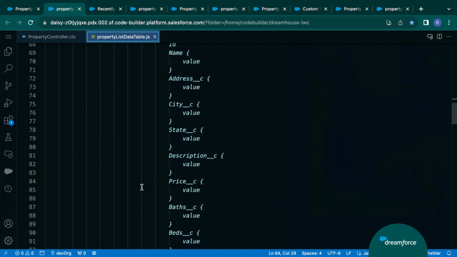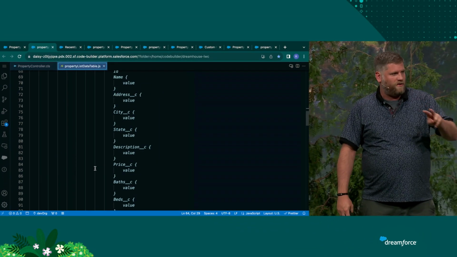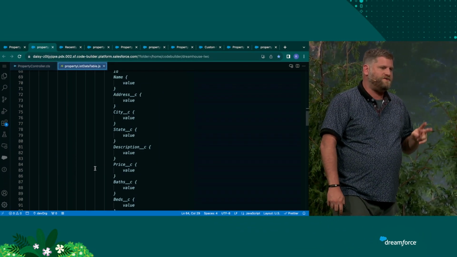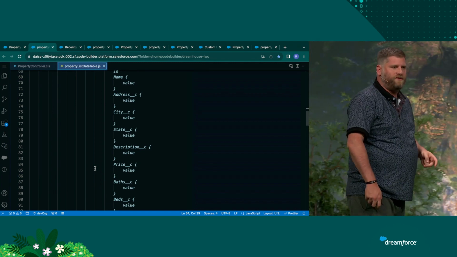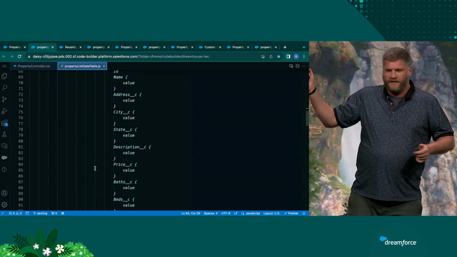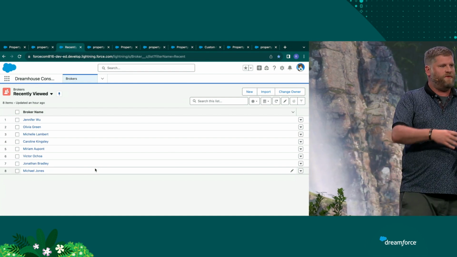This is in GA this release. Go use it. Super stoked about it. Please go use it. Up next, the second most requested gap between Aura and LWC is the Workspace API for console applications. So let's go ahead and jump back to the Dreamhouse demo, but this time, maybe you're the manager